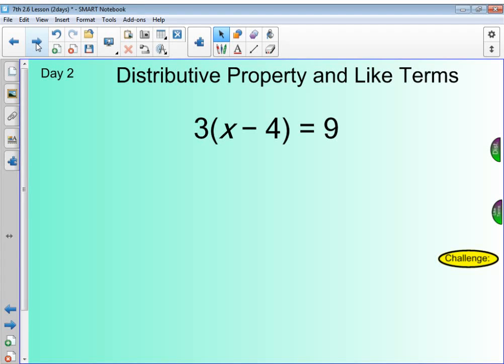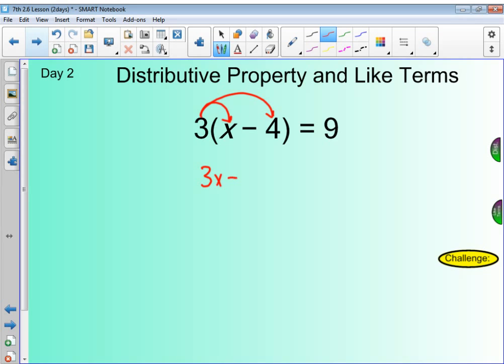Going to be working with distributive property as well as combining like terms. The first thing that we'll notice here is we no longer have just a two-step equation because we've got some numbers inside of parentheses. So today we're going to be distributing this 3 to everything inside of our parentheses. So when we rewrite it, we end up with 3 times x is 3x minus 3 times 4 is 12